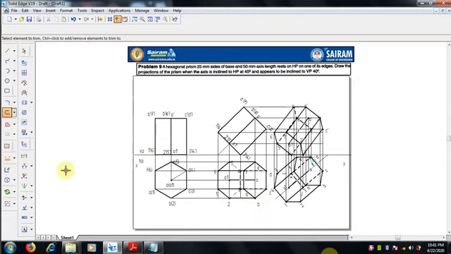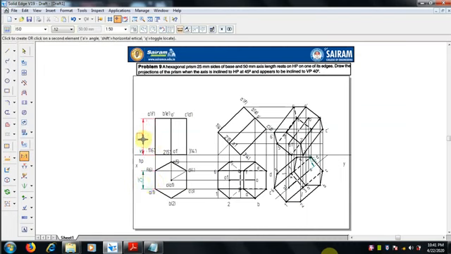And the dimensions given in the question we have to finish: that is 25 mm side and 50 mm height, and then the angle of inclination with the reference, that is 45 degrees, and apparent inclination to VP 40 degrees.